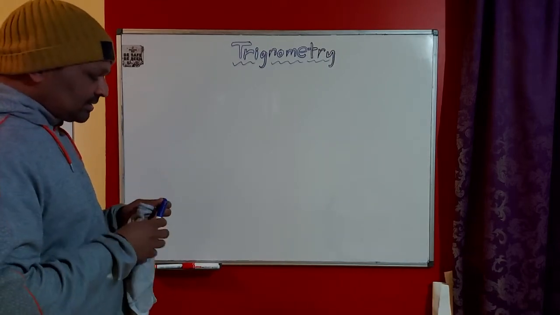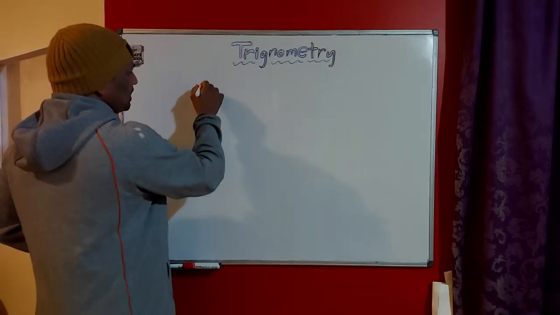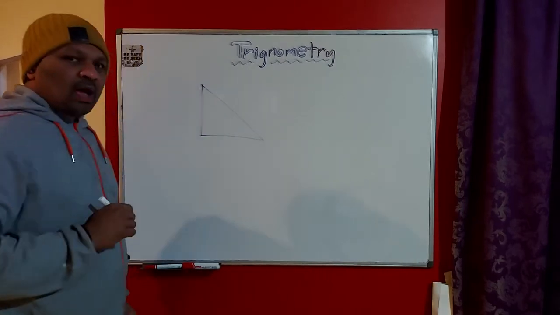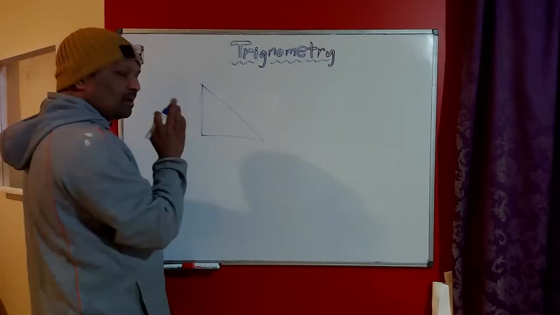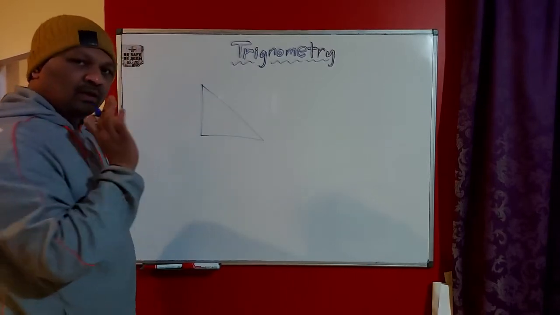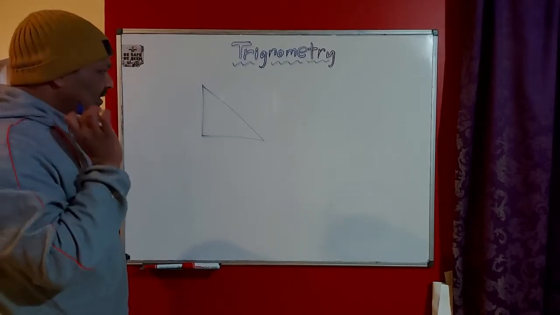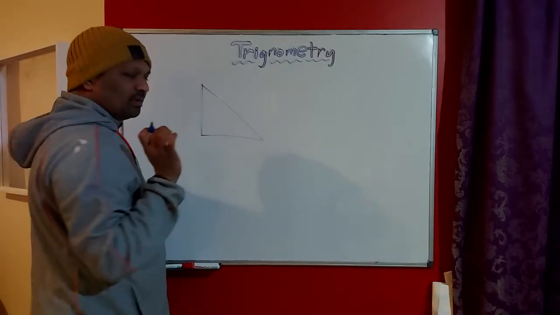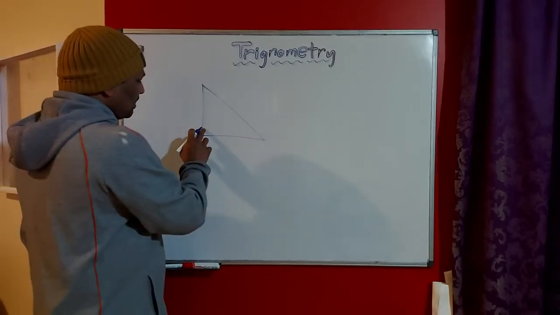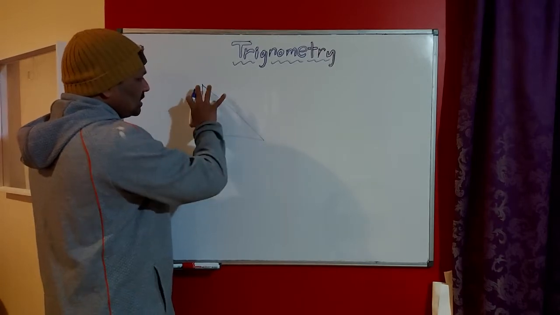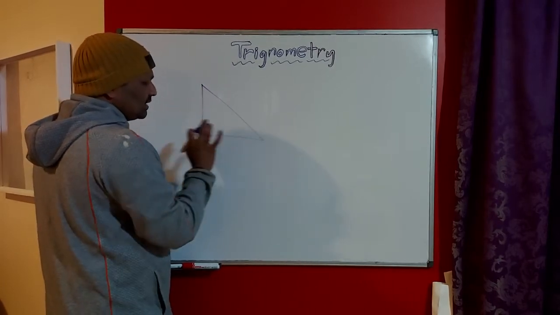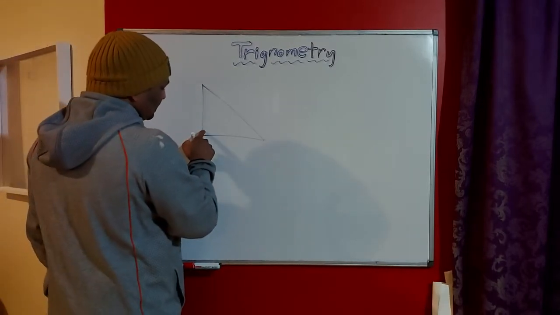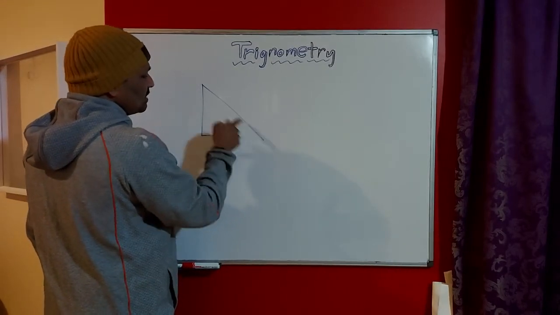So how does a right angle triangle look? It's going to look like this, isn't it? One of the angles is 90 degrees. The other two angles can be anything, but the sum of the two angles should be equal to 90 degrees, because we already have one 90 degrees here. The sum of the three angles in any triangle is 180 degrees. Because of that, if we set one of them as 90 degrees, the sum of the other two should be 90 degrees.